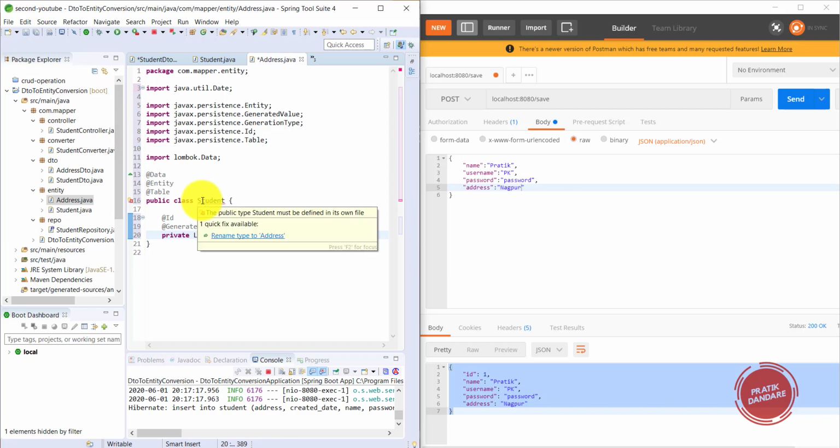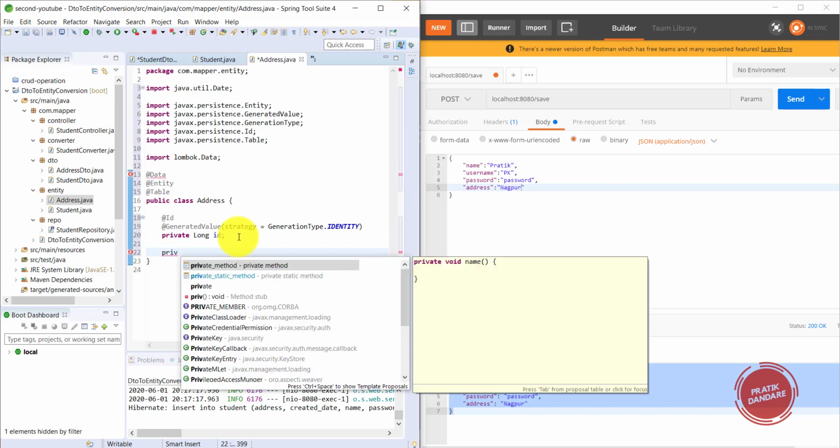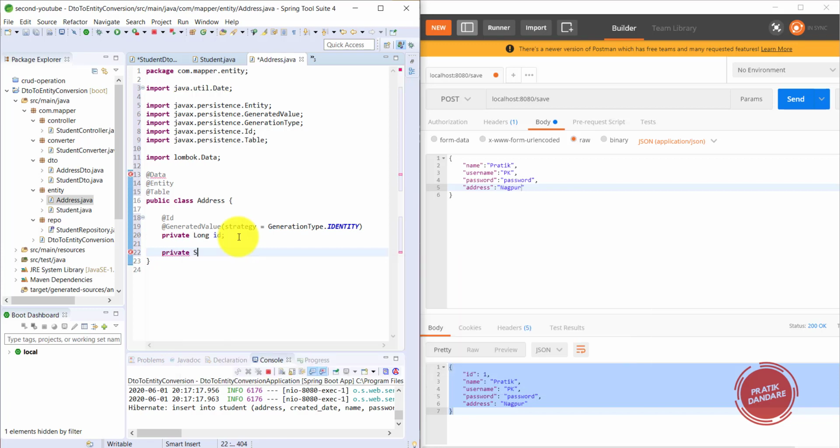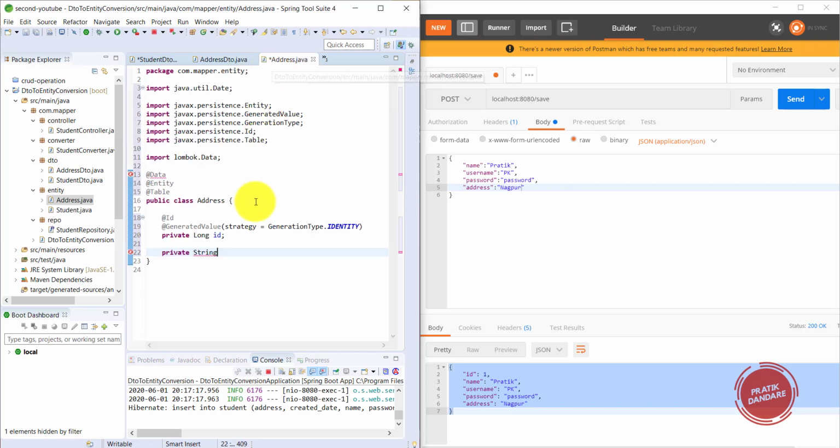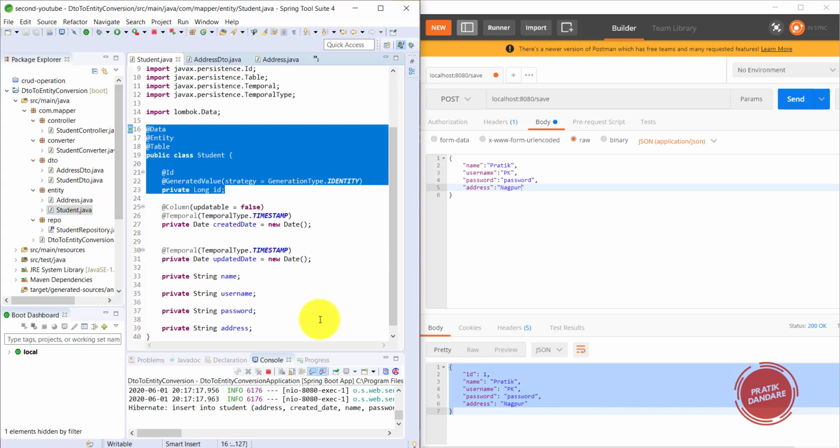I don't want to change the name. After that, it's a private String city, whatever we added here, we need to add there. So city, private String city. Done. I added city and I need to map it with student.